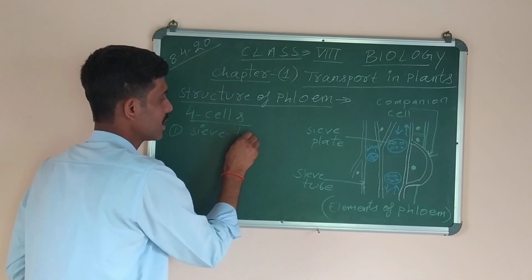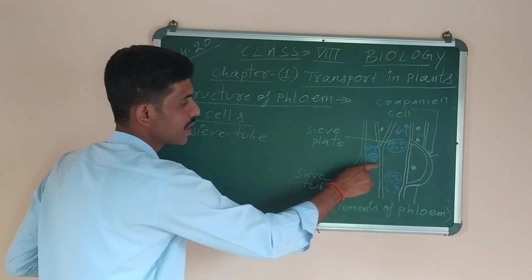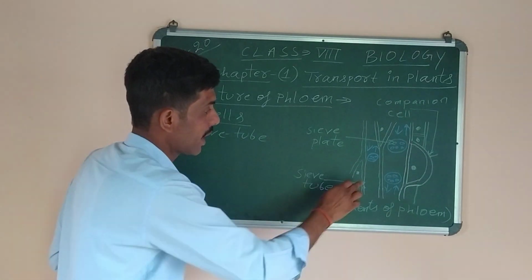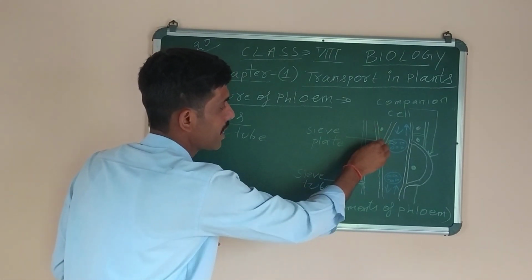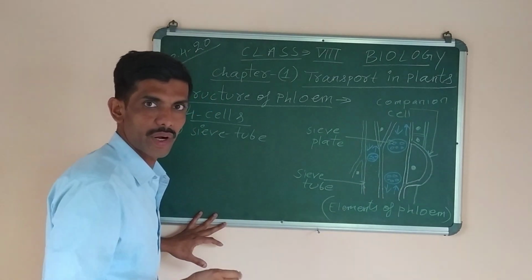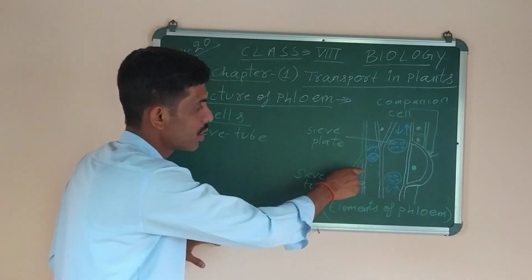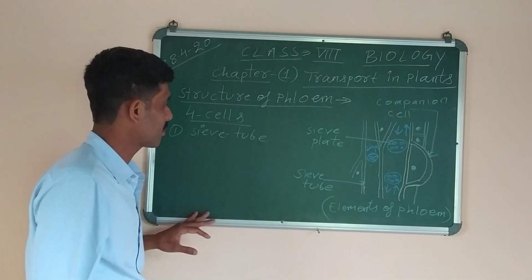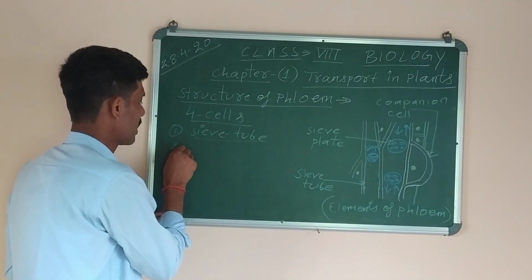So what is a sieve tube? It is a vertical cell without a nucleus. They have no nucleus inside them. This can be seen, there is no nucleus, but they have plenty of cytoplasm. So vertical cells with no nucleus but plenty of cytoplasm, that is called a sieve tube. Then we have